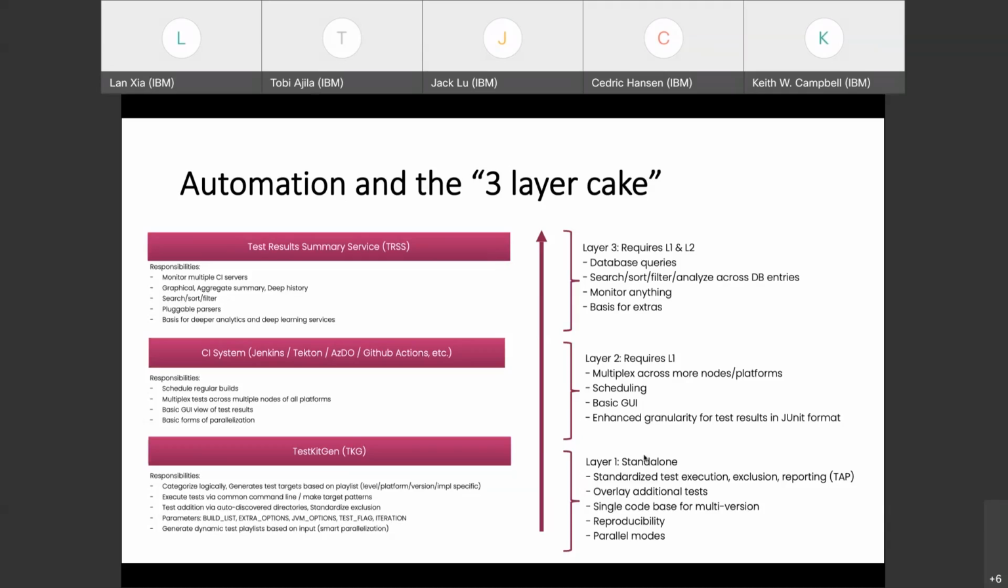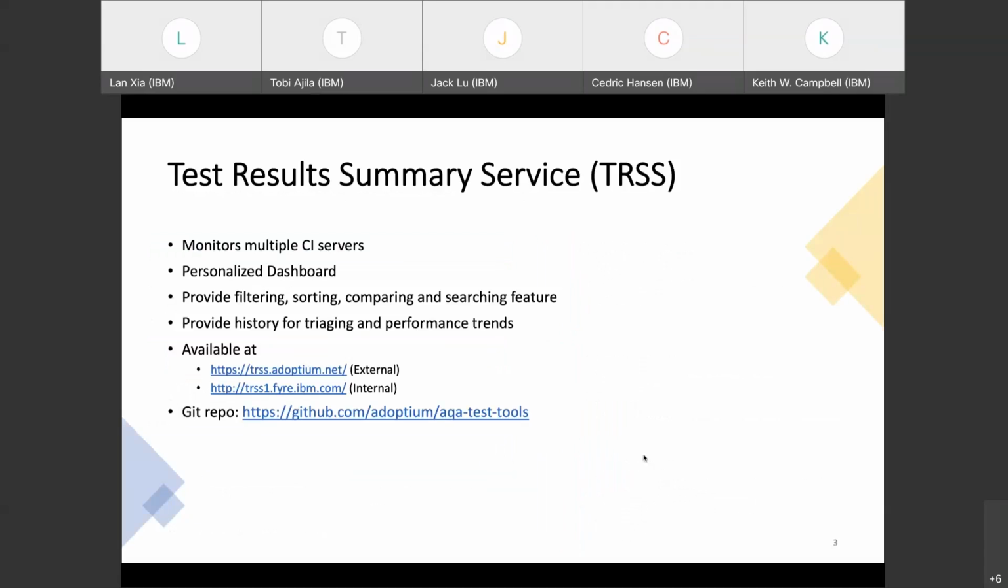And then TRSS, which is the test results summary service, sits on top. It's the top layer. Basically, it is a monitor of different CI servers. So what is TRSS? TRSS monitors different CI servers, has a personalized dashboard, and provides you the ability to filter, sort, compare, and search test results. It is a tool to help you triage, it stores the history and also the performance trends